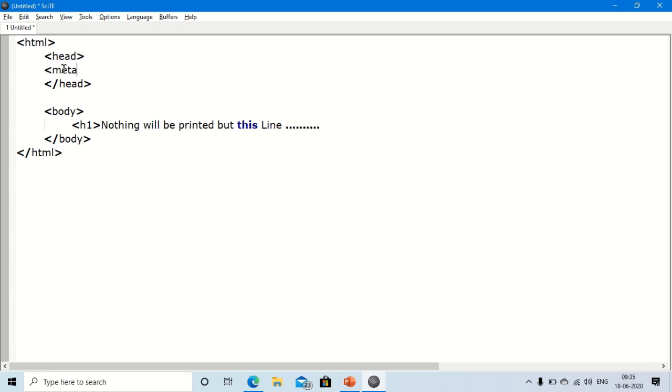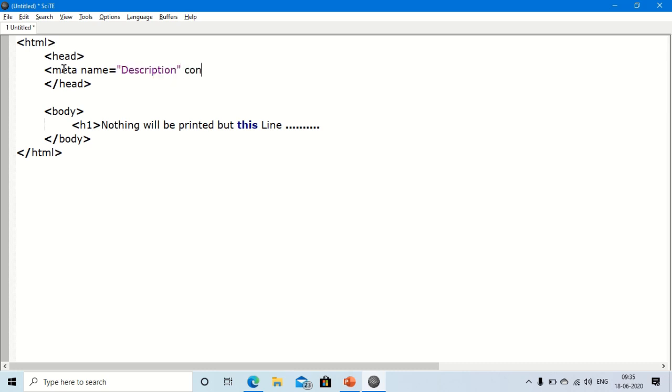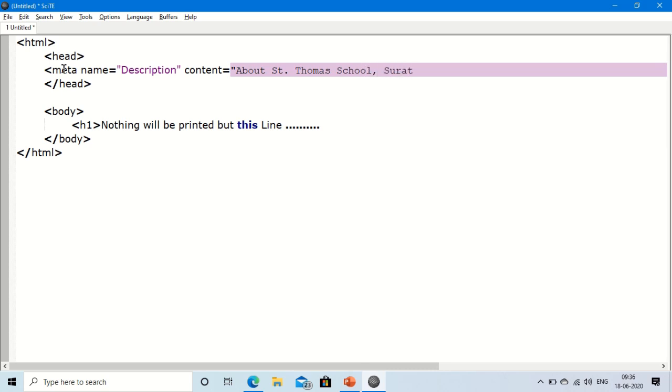Meta name, here I am giving the name description, close, content, I am giving here about St. Thomas School, Surat. You can give any content, but here I am giving about St. Thomas School, Surat. In the book it's given about rainbow and its colors, so you can give that also.